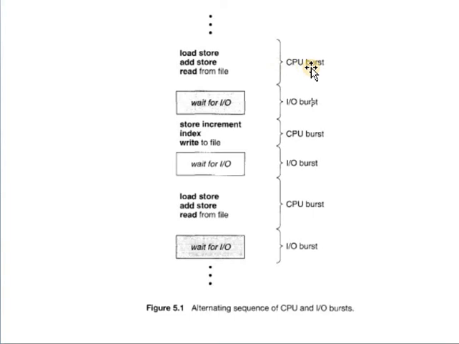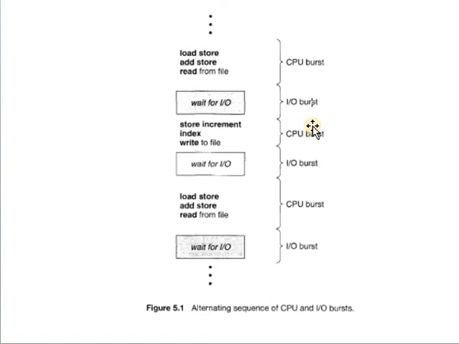But suppose while executing, that process requires some input output device or input output resource. Because of that reason, that process is going to be in a waiting state. And that state, that duration, that time we call an I/O burst. So, while executing any process in the operating system, that process always follows these two states alternatively until the execution of that process is completed.